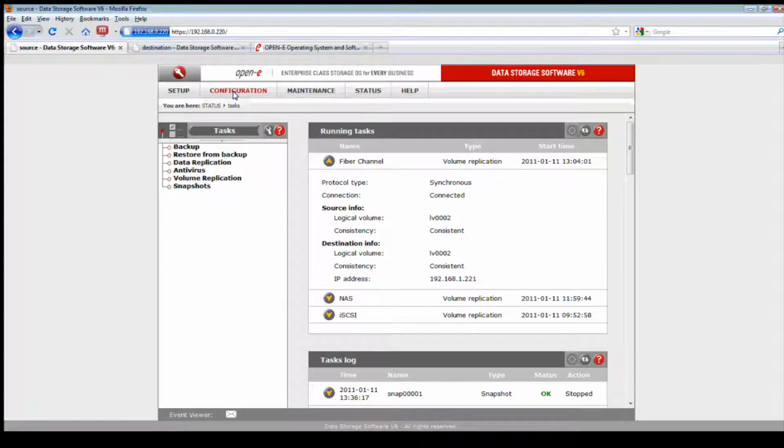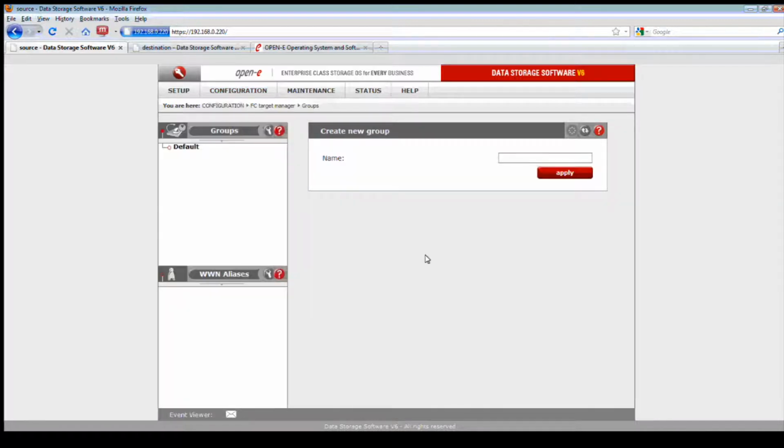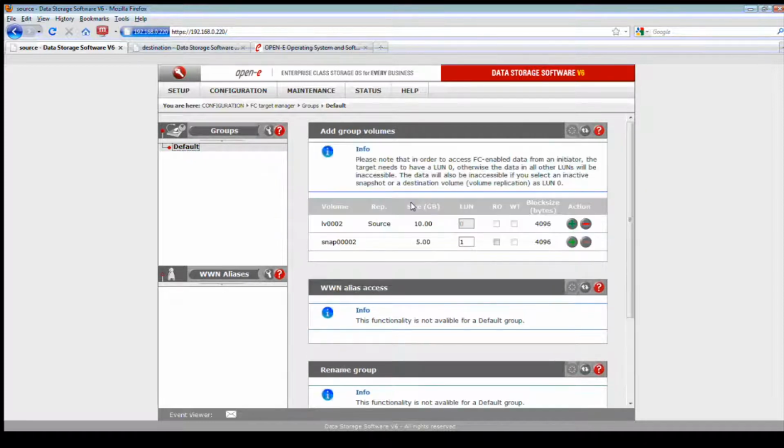Once they are consistent, at this point we're ready to set up our schedules for our targets or for our NAS. The first topic we're going to talk about is Fibre channel. Now that I know my Fibre channel on both sides are consistent, I'm ready to go. For the source, I want to go down here to the configuration, Fibre channel target manager, and click on groups.